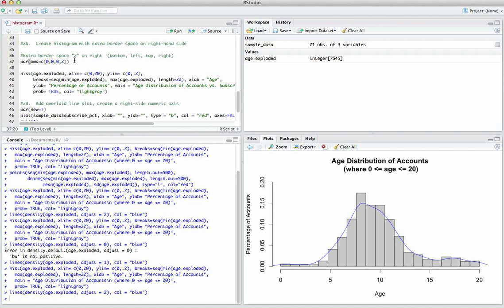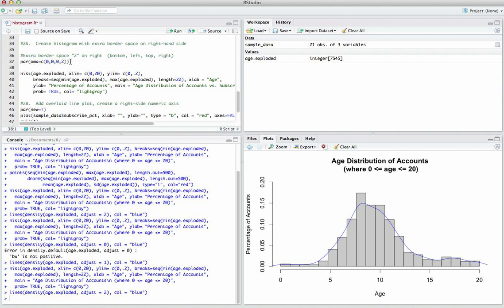So the first thing that we actually need to do is we need to again create our histogram, but knowing that we want to have a second axis on the right, we're actually going to put some margin space over here. And the way we do that is to use the par function with the oma argument. And oma represents outside margin area. And I've written the parameters that it accepts up top here. So the four numbers represent the bottom, left, top, and right. So in this case, we want to add a space of 2 on the right-hand side to push our curve